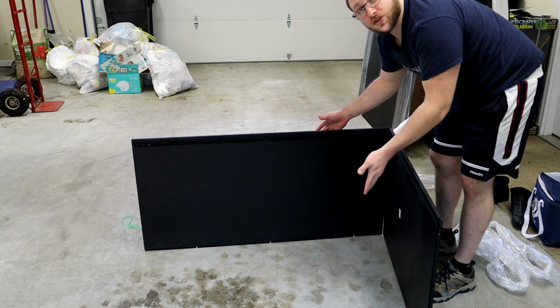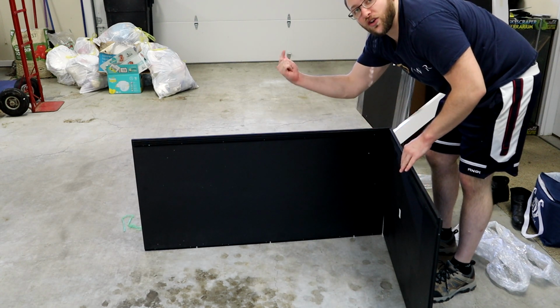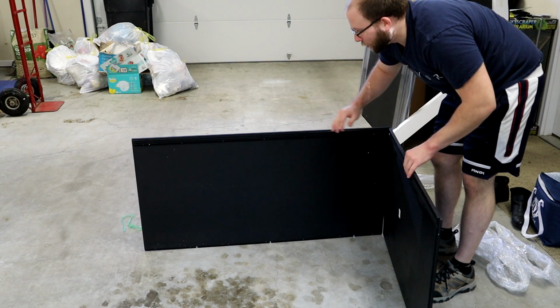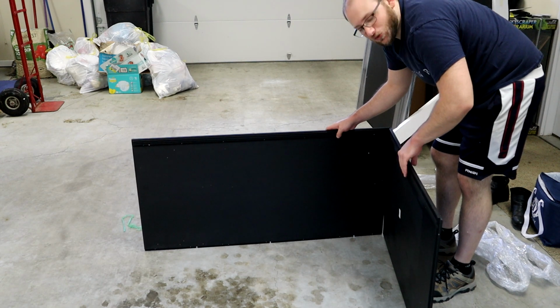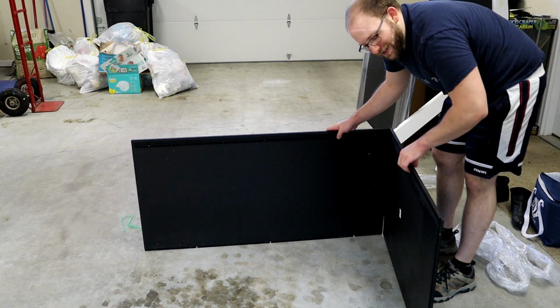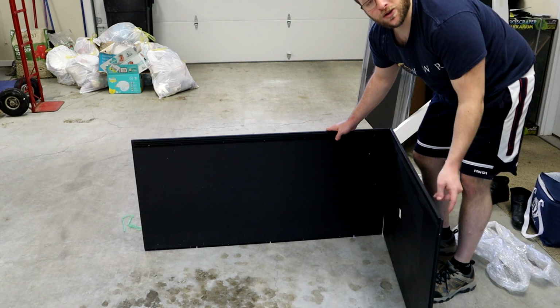These all have labels on it, so there's a label saying this is the front. If this doesn't give away the indicator, obviously you can tell that this should be on this side because this is where the sliding glass door goes in. I don't know if you can see the indentation, but it also has a sticker on there that this side's